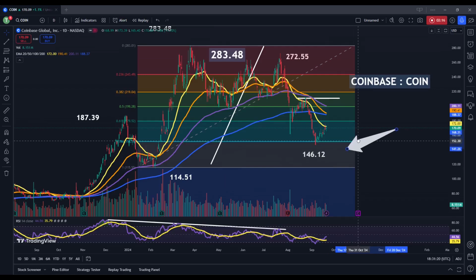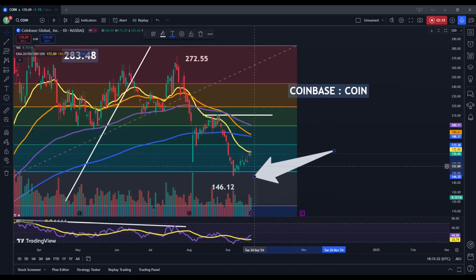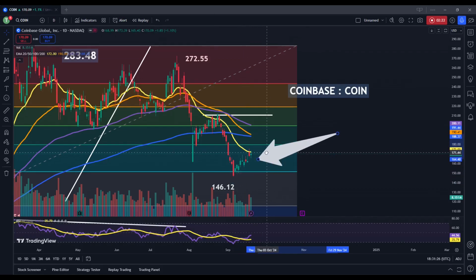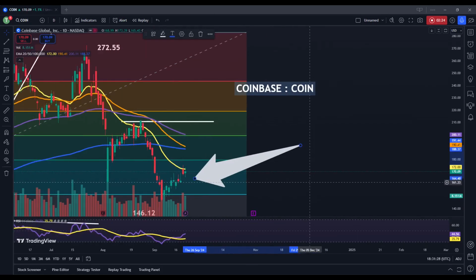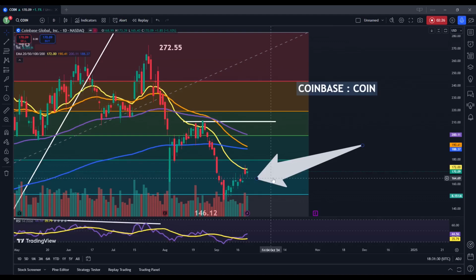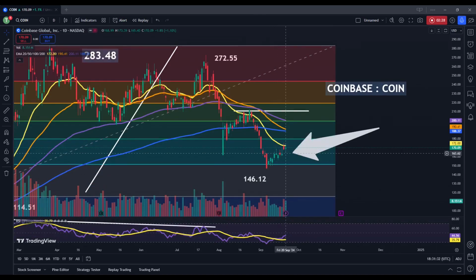That would be a fairly significant move to the downside if we were to see that type of price break. As things currently stand, we have actually seen a daily close below that 786 retracement, so it's a bit surprising to see this movement higher here. But we do really need to see a bit more follow through in order to confirm that this downside break has not actually occurred, that this was not a false breakout to the downside.